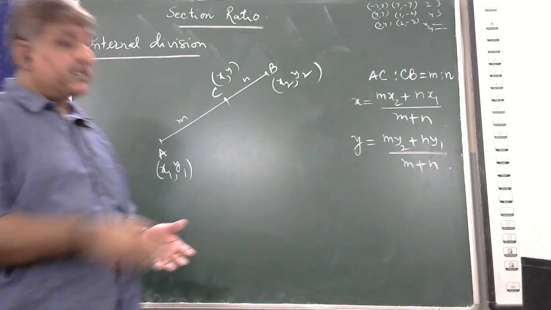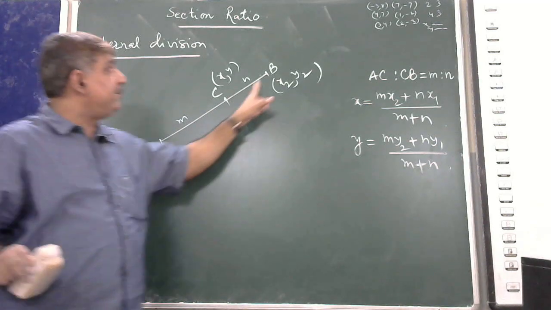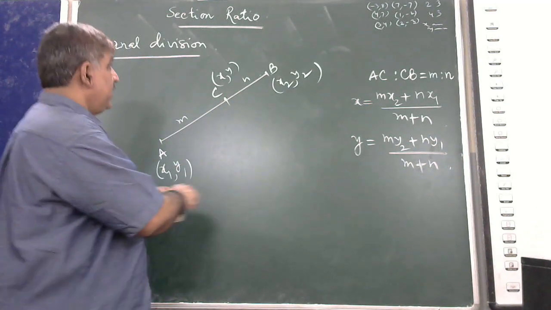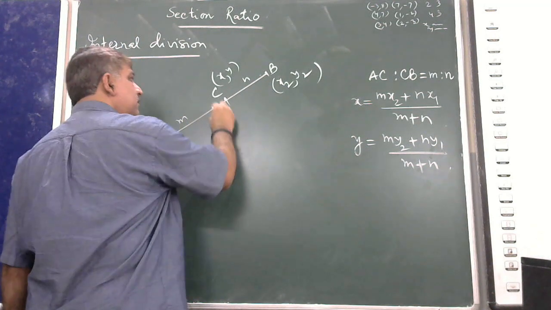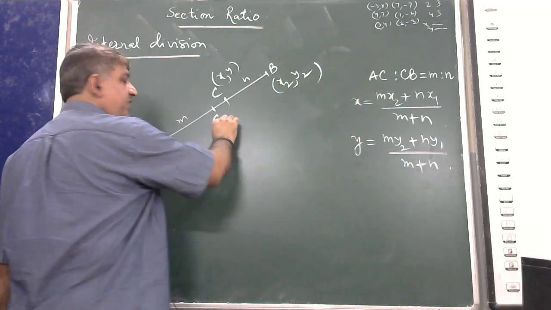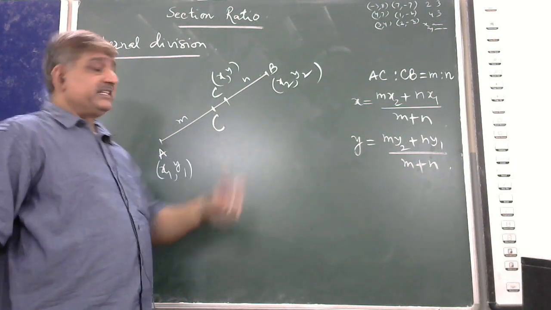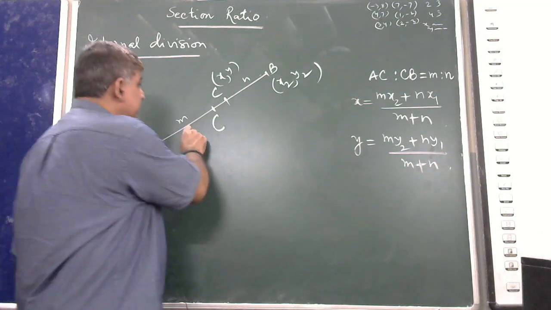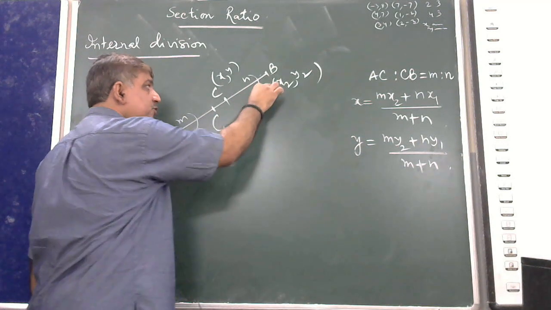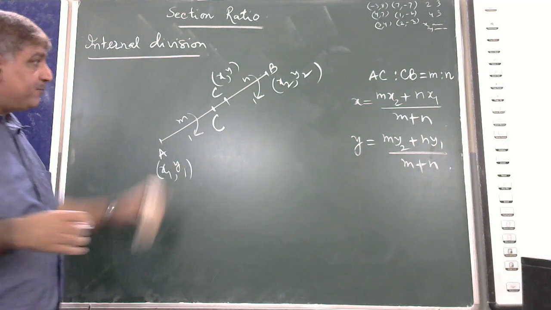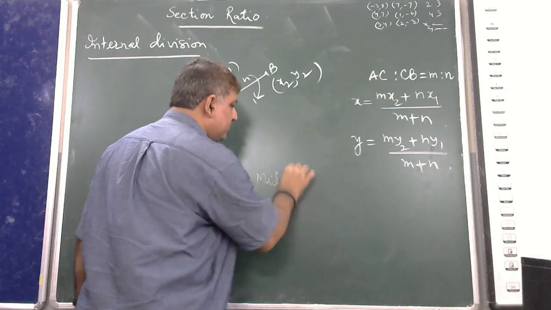One more thing. Suppose C becomes the midpoint of line segment AB. Say C is the midpoint. Then the position of C will be somewhere here. Now, if this is the position of C, then the two parts AC and CB are equal. The ratio will be what? 1:1. So instead of m and n, you should take 1. So what about the midpoint formula here? From here, we can derive the midpoint formula